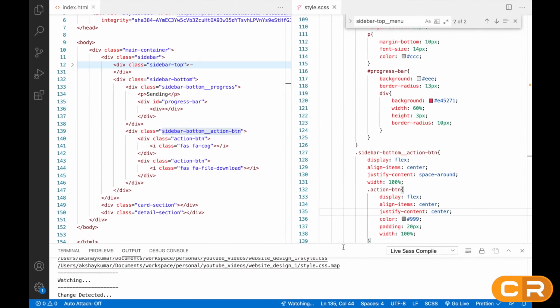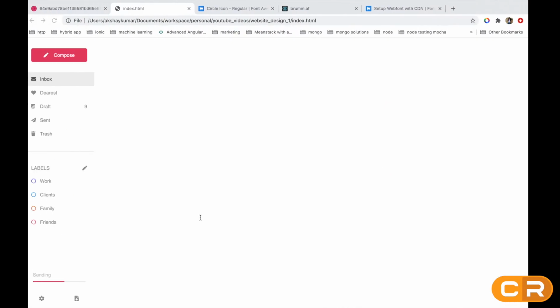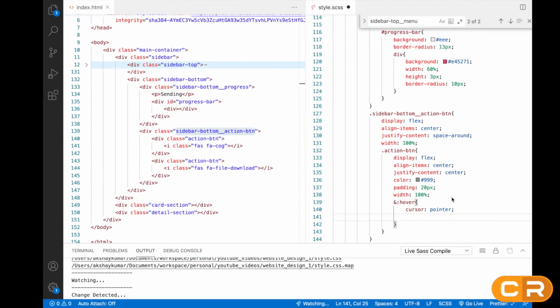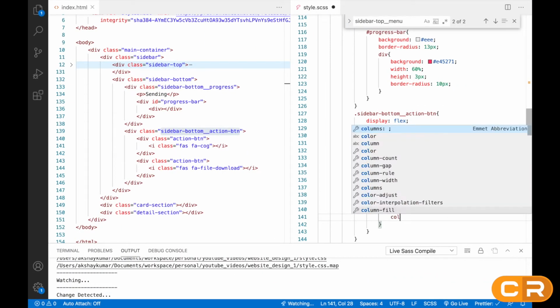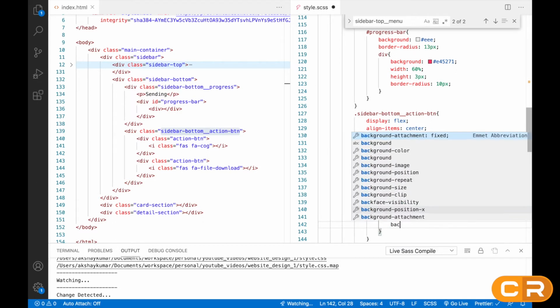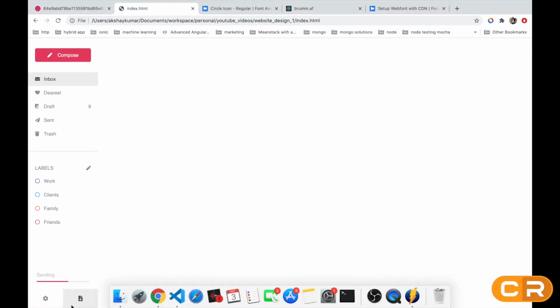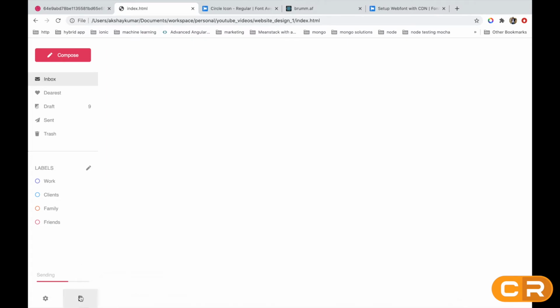Okay. So now we have to give some hover effect also for this. So we'll write hover, then we'll give cursor pointer. It will show the hand cursor here, right? That's why we give this cursor pointer. Then we'll give some different color like dark gray. Okay. And background color will be triple E. So now if you hover here, it will give you that hand icon also and some background color. Okay. So this is a cool hover effect. So this section is almost complete. Not almost, it's actually completed.